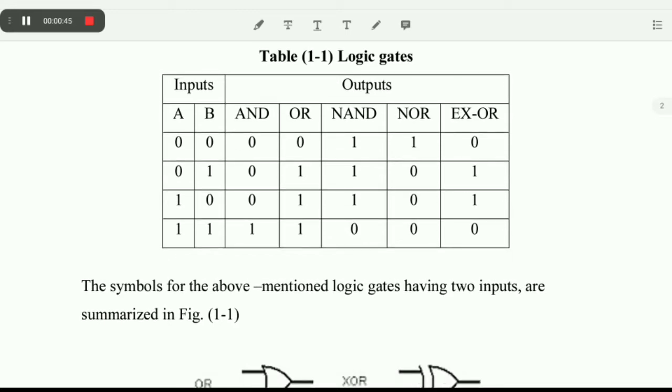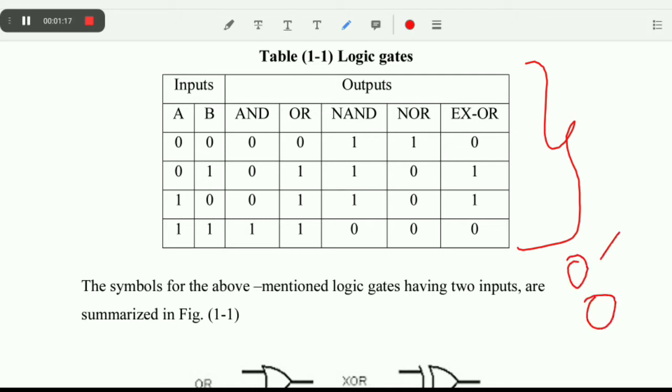Today we will perform the experiment for all the logic gates, that is AND gate, OR gate, NAND gate, NOR gate, XOR gate and NOT gate. We know already that for a NOT gate, whatever input you give, you get the opposite output. First of all I would like to tell you the logic gates truth table. As you can see on the screen, this is the truth table of the logic gates, and for the NOT gate, if the input is 0 then the output is 1, and if the input is 1 the output is 0. So this is the truth table for a NOT gate.